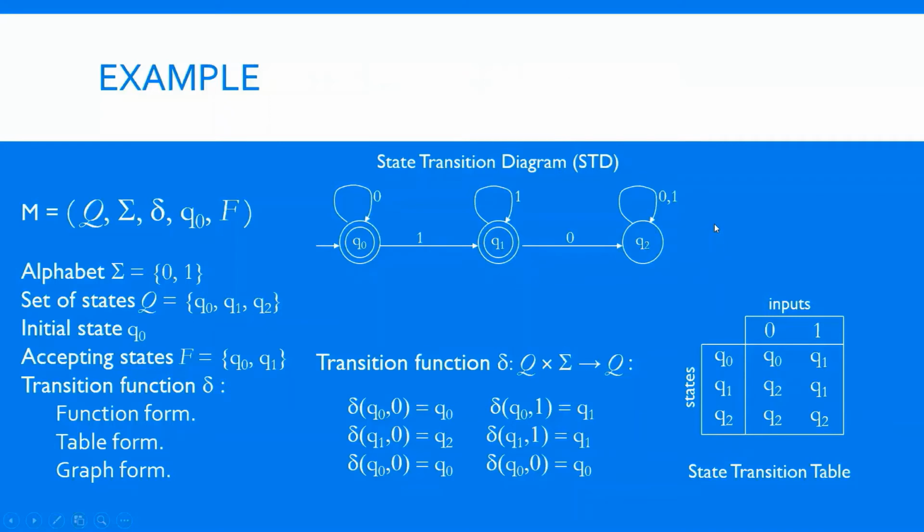1, 0, 1 is not accepted. Can anyone give just one example, so that I will know you have understood any string which is accepted by this machine? Can you give one example? You are 10 students. 0, 0, 1 is accepted. Fine. Then 0, 1, 1. 0, 1, 1 is accepted. Very good. Then 0, 1, 0. No, it's rejected.